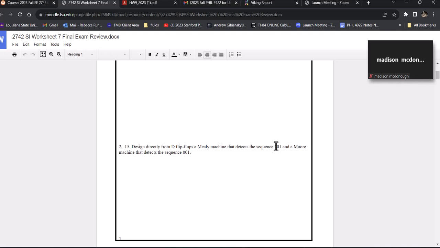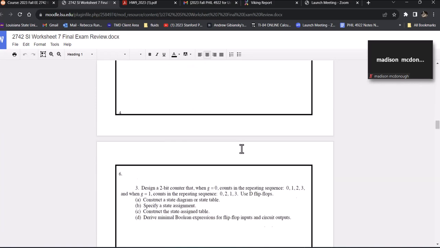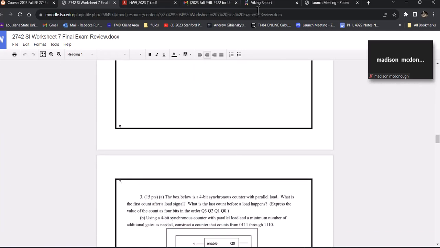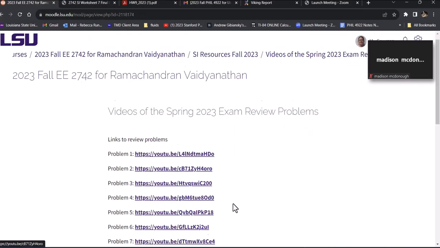You are not responsible for Mealy sequence detectors. You do have to do Moore type sequence detectors, but if it's a sequence detector, you don't have to do Mealy. And then I've got all these review problems,